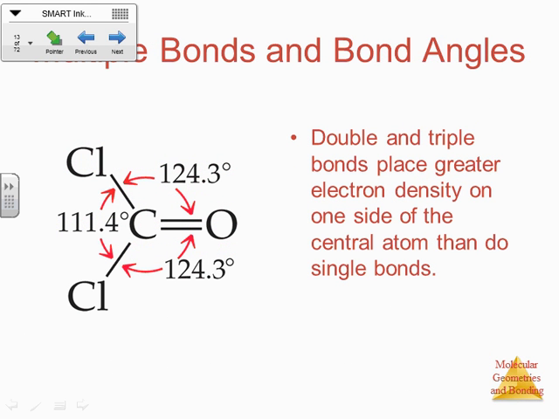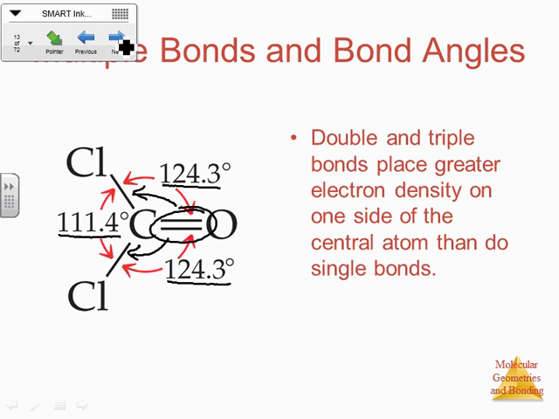Now we need to talk about double and triple bonds as well, okay? Because that does the same thing. Double and triple bonds are going to place more electrons on one side of the atom, okay? And so that's going to cause those electrons to push a little bit harder on some of the other bonds. So you've got more electrons here in this double bond. That's pushing these bonds a little bit closer to one another, so you end up with a 101.4 degree angle here and a 124.3 degree angle on each of the